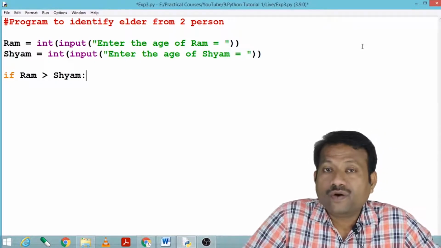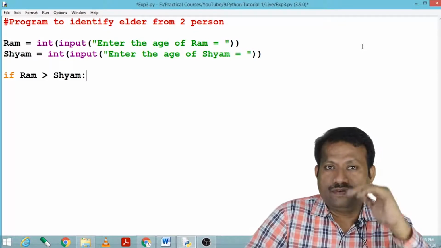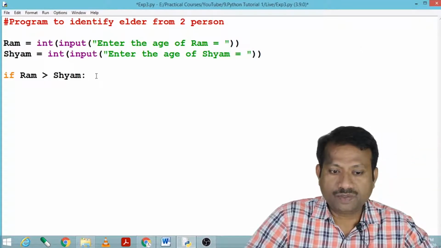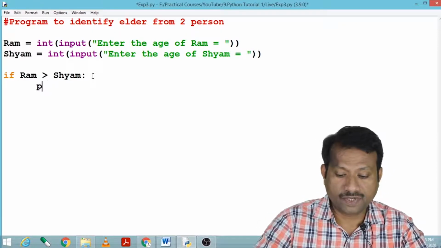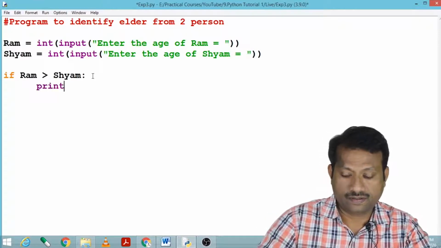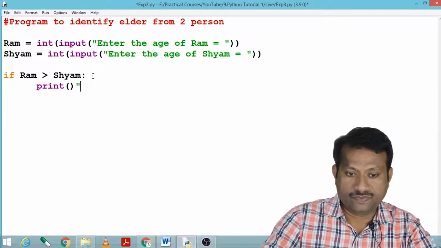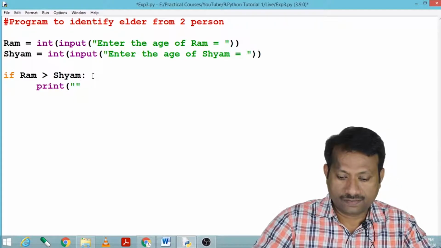Whatever age we have entered, if Ram is greater, this if statement becomes true and it will print that Ram is elder.